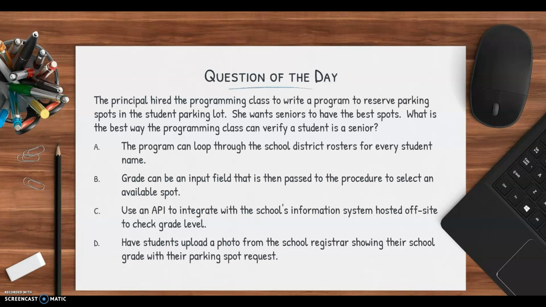The correct answer to this question is B. Grade can be an input field that is then passed to the procedure to select an available spot. Using a parameter with the procedure to indicate grade is the best solution. Due to security and privacy risks, the student should not integrate with the school system database. Adding a step to upload a photo is inefficient, as is a loop to go through the district rosters